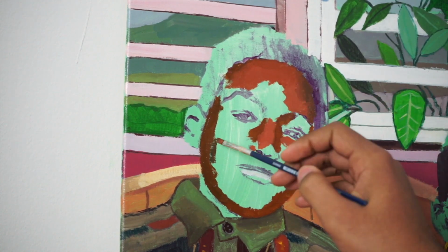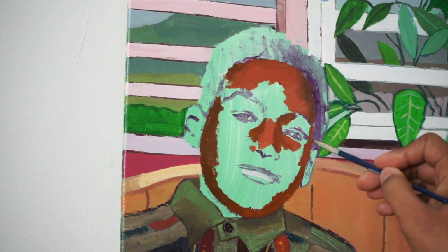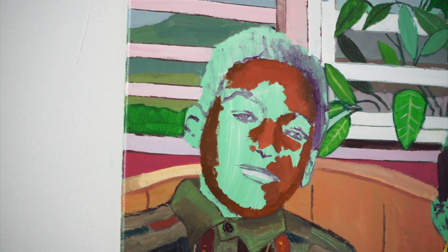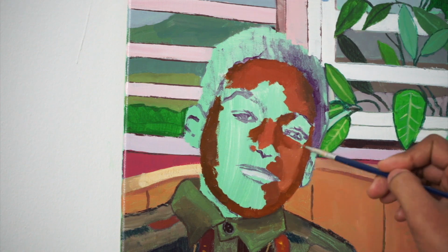And as you can see, I've already started this painting. This painting is well in progress. And I want to talk about my process of creating this portrait, but I also want to go over some